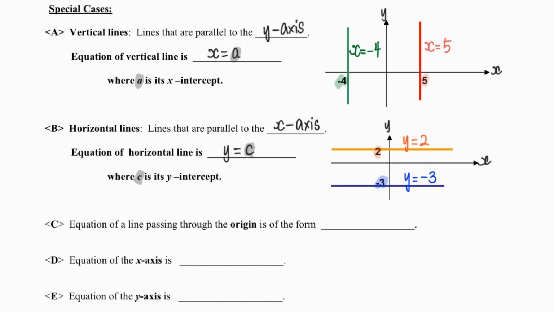Equation of a line passing through the origin. I'm going to do a quick sketch. The origin, for your info, is this particular point down there. Okay, so this is my origin, which is (0, 0). Okay, so therefore, if I were to do a quick guide,